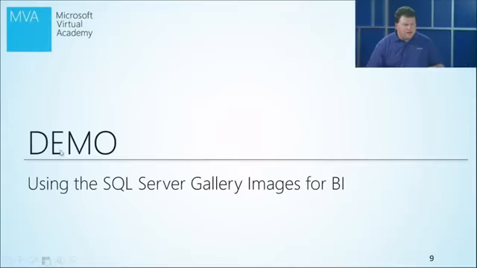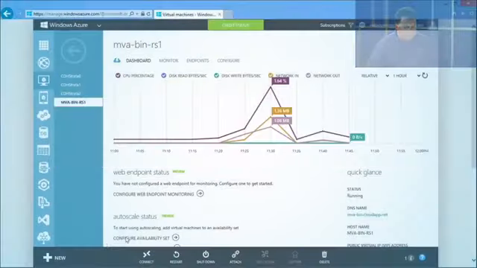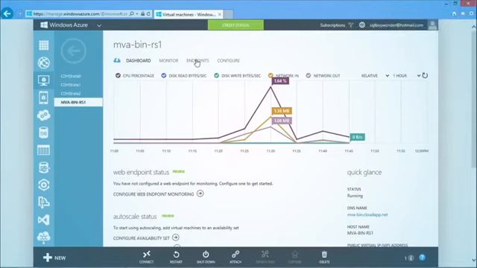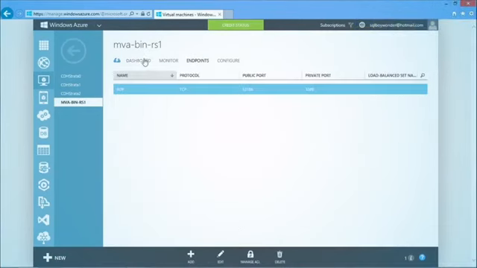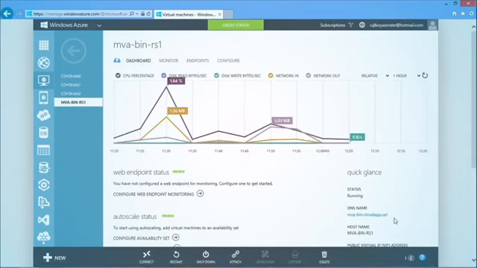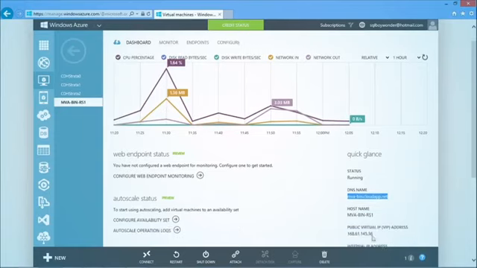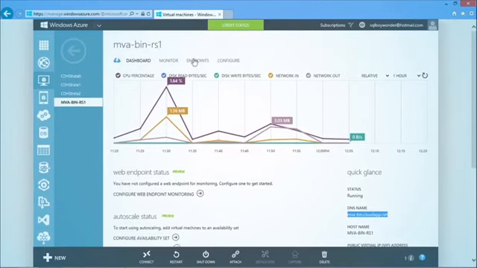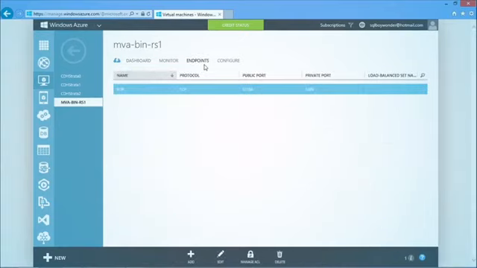Well, the first thing we need to do is come into the Azure portal. On this machine definition, we have something called an endpoint. When I go back to the dashboard, you'll see I have a DNS name of mvabin.cloudapp.net. That is a publicly registered DNS entry that I can get to from anywhere in the world. This is on the public DNS. If I scroll down, it actually has a public IP address. That is my gateway into this virtual machine. Now, when I go over to endpoints, these are the holes that I'm poking to allow me to get through to that virtual machine. So I need to add an endpoint